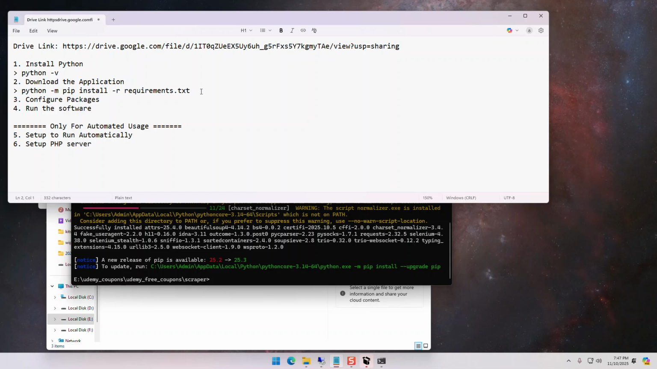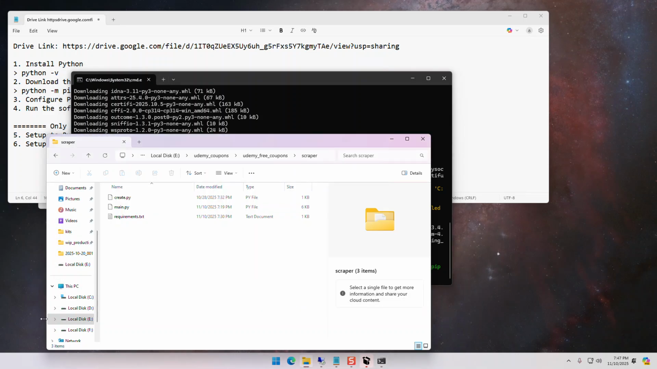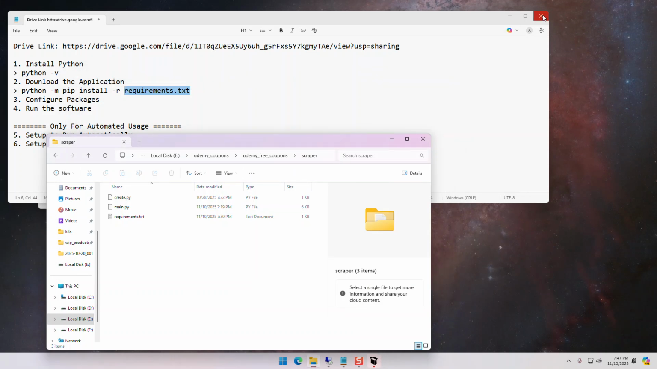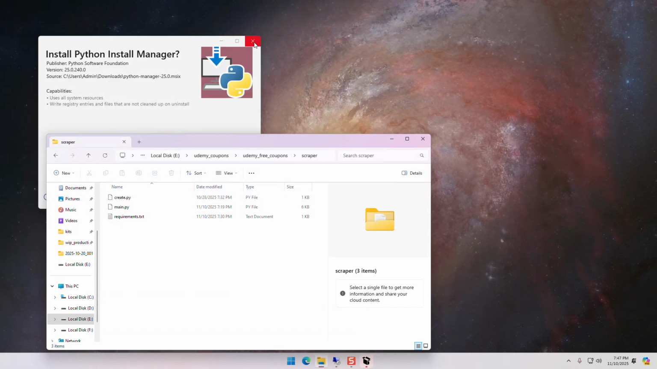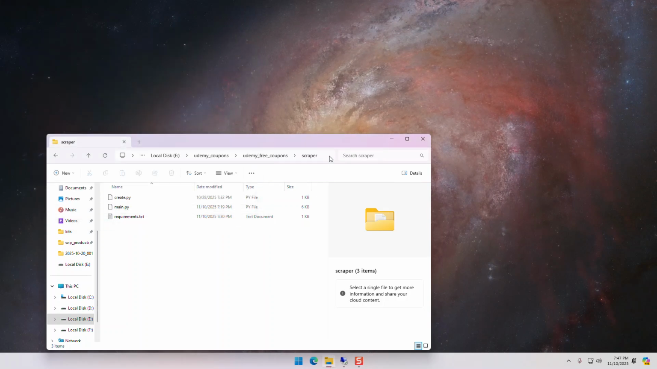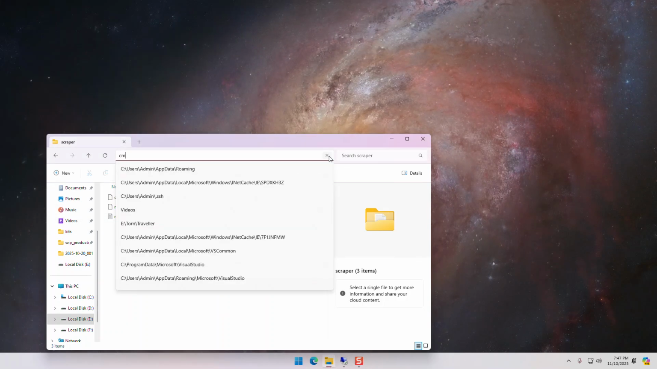Now we have completed the setup. We don't need to repeat those steps again. We can just run the software whenever we want. In order to run the software, we are going to go back in the same folder. I am going to open terminal in the same fashion,